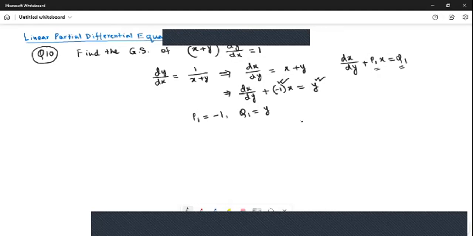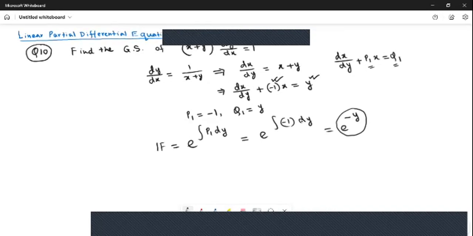Now I will try to find the integrating factor. What is the integrating factor here? It will be e to the power integration of, can anybody remember, P1 dy, correct? So it will be e to the power integration of minus 1 dy, so e power minus y. So that becomes your integrating factor. The next,